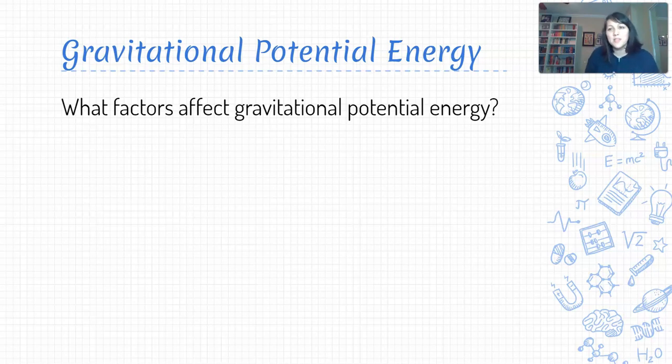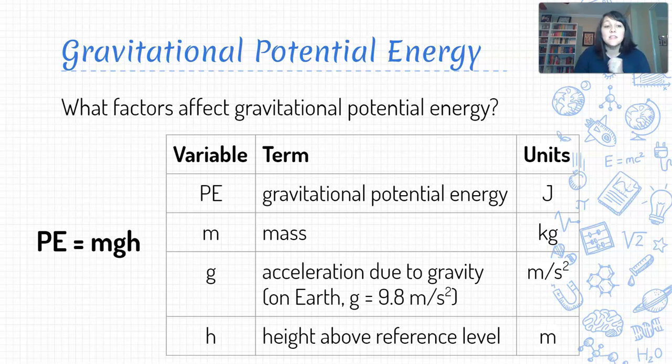So in our lab, we really saw two big things. We saw that mass influences the amount of potential energy an object has. The more mass it has, the more energy it's going to have. And we saw that height influences gravitational potential energy. The higher up it is, the more potential energy it has. Okay, and so ultimately then our equation for gravitational potential energy ends up being that gravitational potential energy is equal